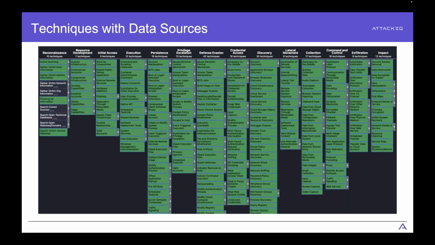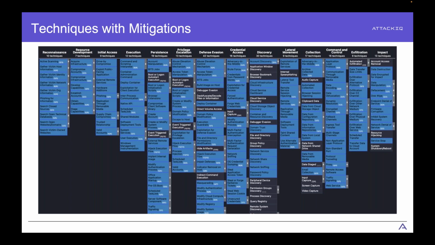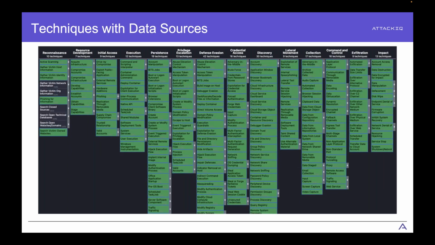In contrast, the coverage for data sources is much higher, as they're shown in green here. So the point here is that ultimately, MITRE ATT&CK has something like 500 plus techniques and sub-techniques in the matrix. Again, there's no right or wrong way of doing this, whether you focus on prevention or detection. Ultimately, the coverage is improving all the time in the matrix. So it's just a personal choice.